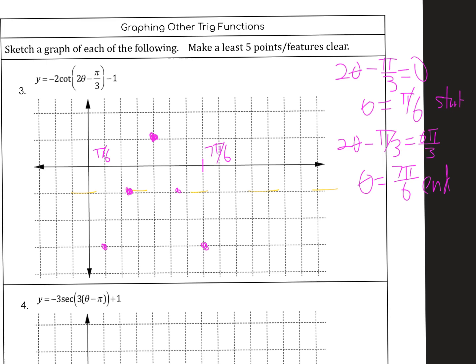That's the cosine. The sine is very similar, except it's going to start here and end here, and in the middle be here, and then it's going to go up and down. But I don't care about that. I only care where the sine is 0, because wherever the sine is 0, the cotangent will have asymptotes. And that means I have asymptote wherever the sine is 0, because cosine over sine. Asymptote